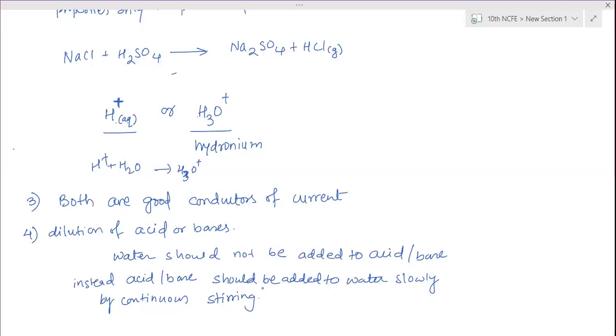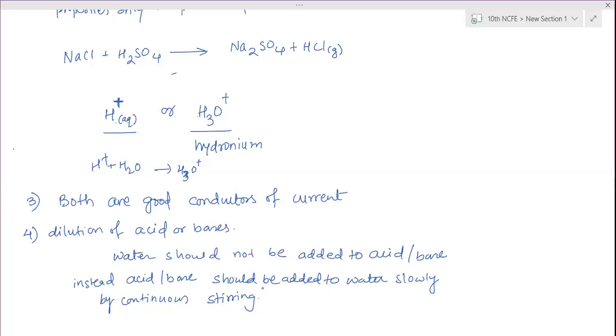This is more explanation I've told you. You write only simple things. The first is that the reaction of dilution of acids or bases is a highly exothermic process. So when we add water to an acid or a base, the amount of water being less, the temperature increases very high, due to which the acid or base gets converted into vapors and causes harm to people standing nearby in that room.